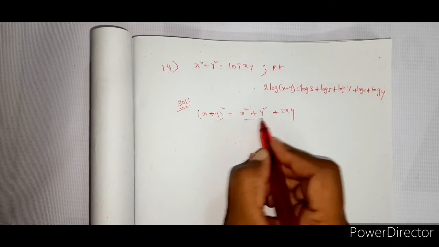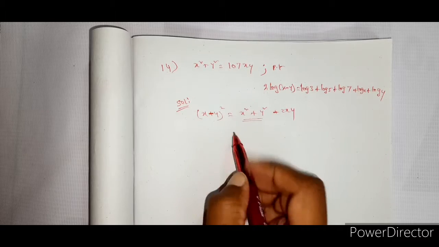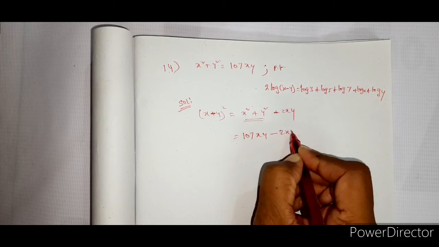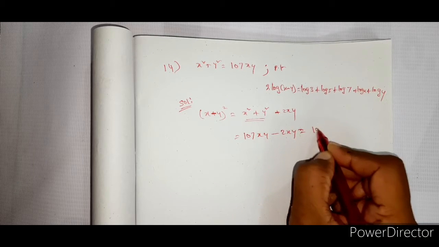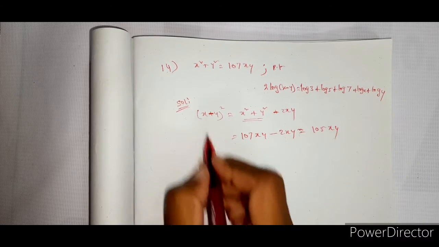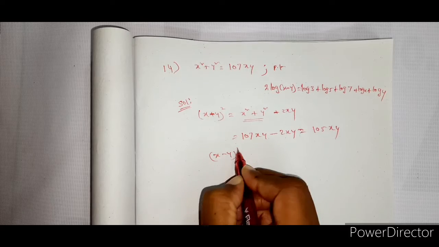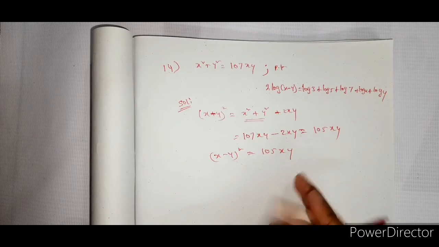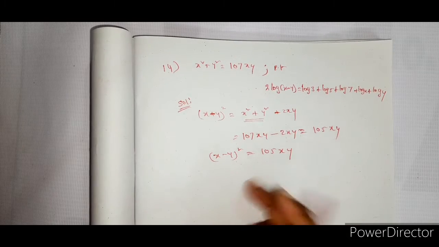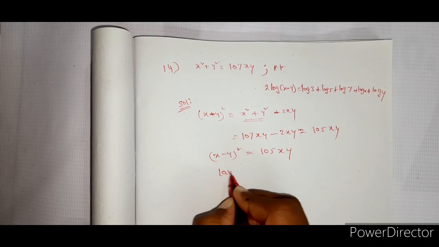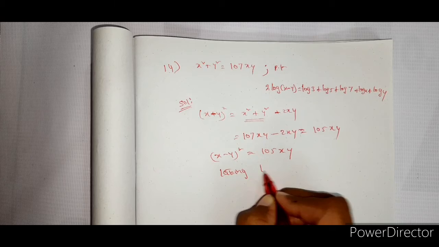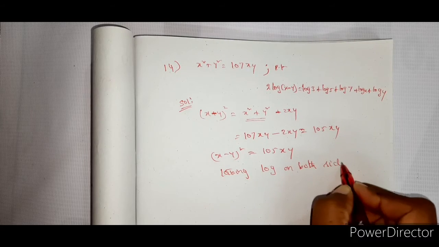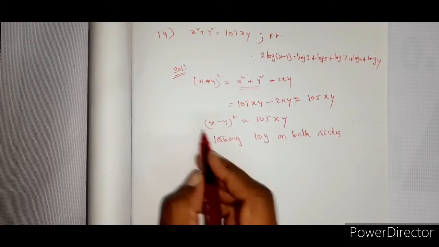But what is given? x square plus y square is 107xy. Therefore, 107xy minus 2xy is equal to 105xy. So what did I get now? x minus y whole square is equal to 105xy. Okay, right. So now from here, taking log on both sides, we get...